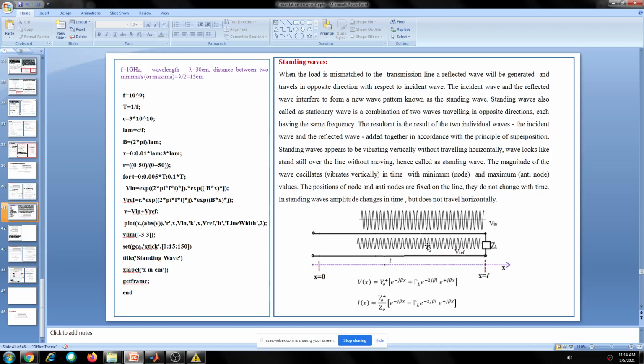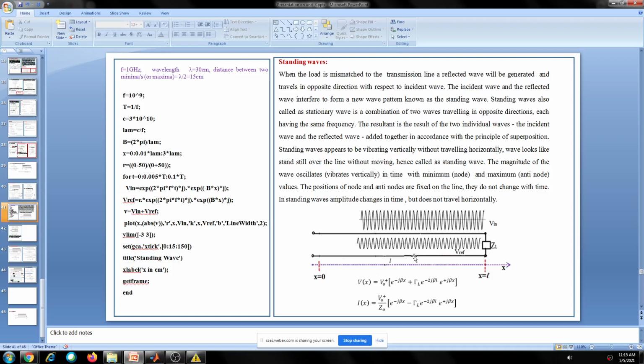If these two waves have equal amplitude, if zl is 0 or infinity, the reflected amplitude becomes the same as the incident wave. Okay, then the addition of these two waves gives rise to what wave? They are not constant here; they are moving, traveling over the line. Okay, then what is the nature of the wave? How does it look if you add these two waves? Is it a sinusoidal wave or what is that? They are of the same frequency, but the amplitude may be different or may be equal.